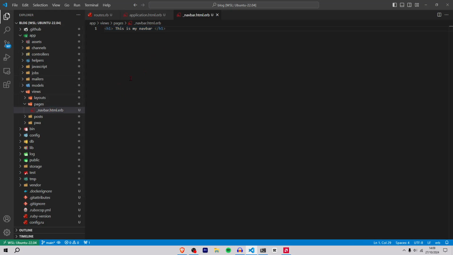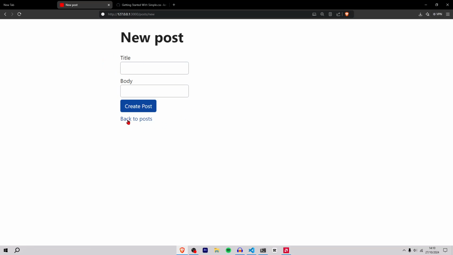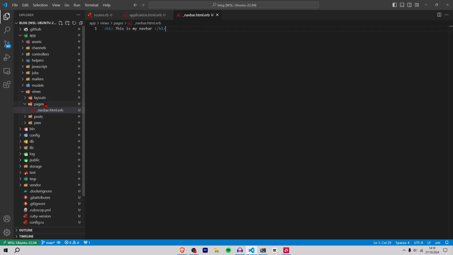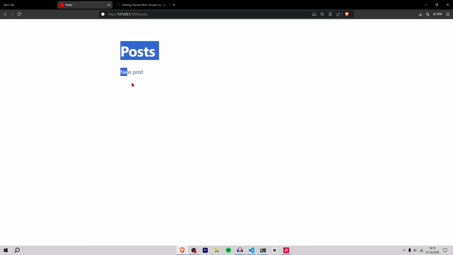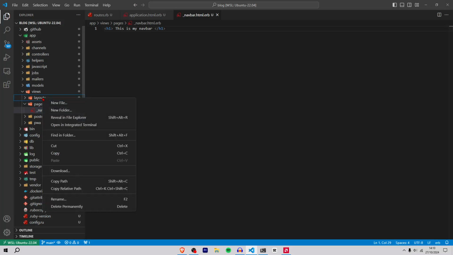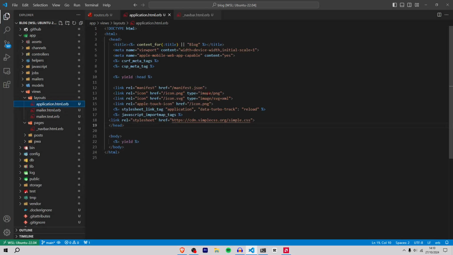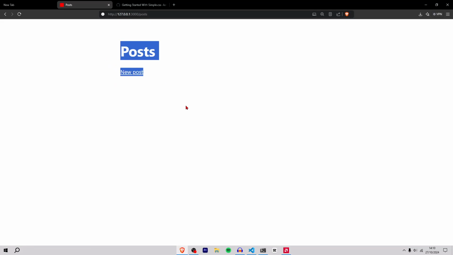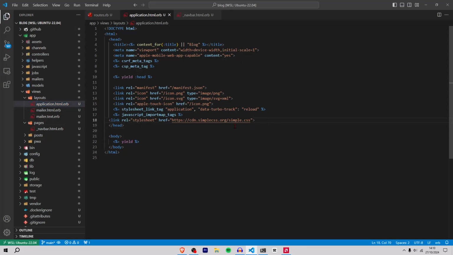Now if we save this file, nothing's going to happen, right? Because we haven't actually added it to the application.html.erb. And because this starts with an underscore, I didn't really explain well. This starts with an underscore, so it's called a partial. Any file that starts with an underscore in Ruby on Rails, we call a partial. And what we can do to render this partial, render just means display it on the page, is go to layouts, application.html.erb, and then inside of here,